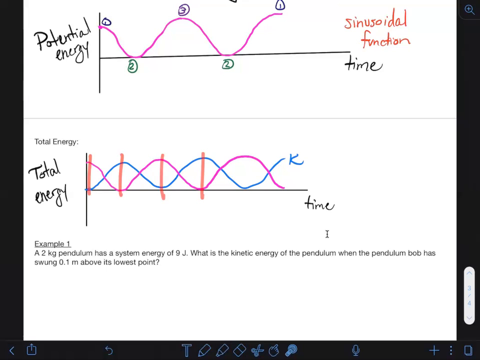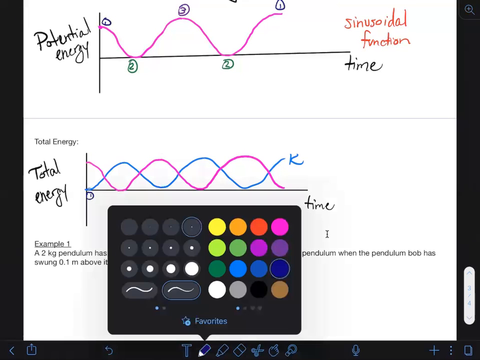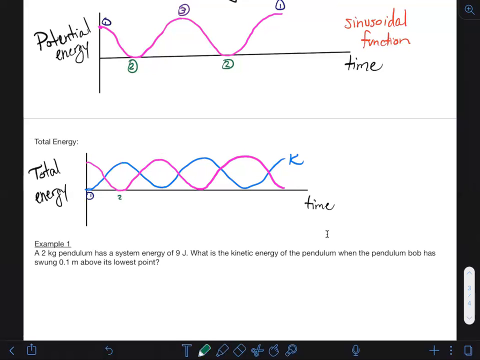So this would be position 1, position 2, position 3, back to position 2, back to position 1, etc., etc. And if we add these two things together, so if we add that kinetic energy and we add that potential energy, which by the way, that's what this was, potential energy. If we add those two together, we end up getting a consistent amount of total energy,